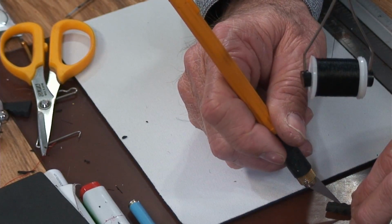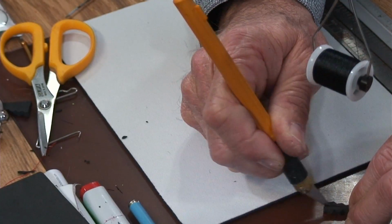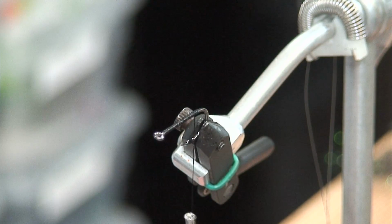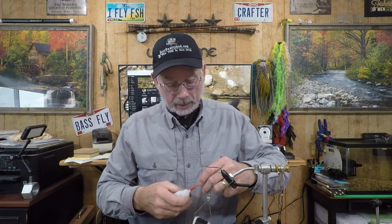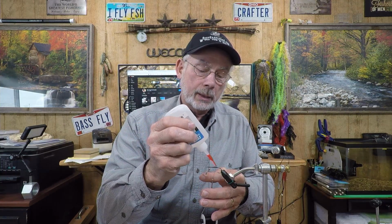I don't know if you can see this or not, but I'll go all the way through like that. And the reason for that is I'm going to put some super glue, just regular old super glue, right on the tail end of the thread that I laid down as a base. And what that'll do is it'll help lock the foam into place so that it doesn't spin around on me